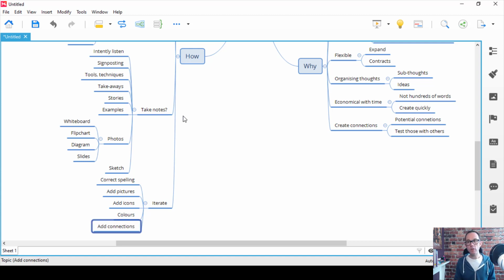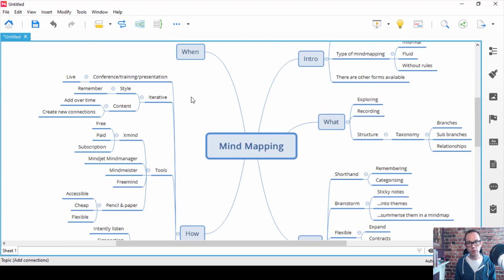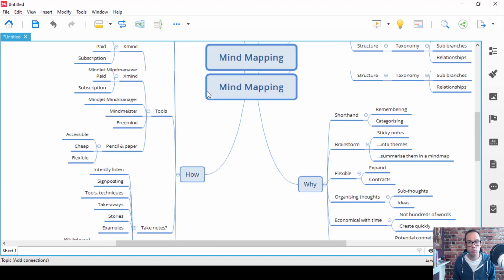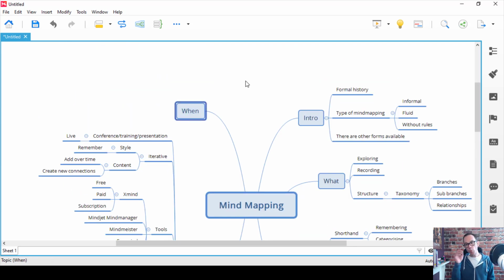And again, if you use the Xmind Zen, that is much more colourful than this version by default, if you're interested. I'm sure there's lots more I could mention about this, but these are just the things that are coming out of my head, so to speak. So then, when is mind mapping appropriate?